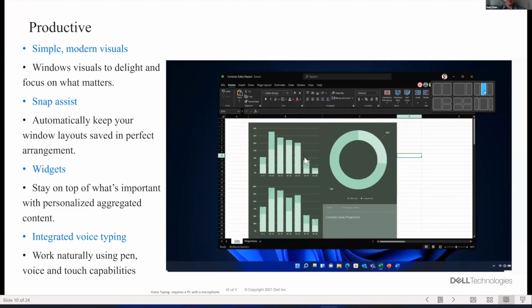Snap Assist. So if our mouse hovers over the zoom in and zoom out feature, then Windows 11 can help you choose which layout you want to organize your desktop, much easier, and you don't need to adjust the different windows on your desktop.